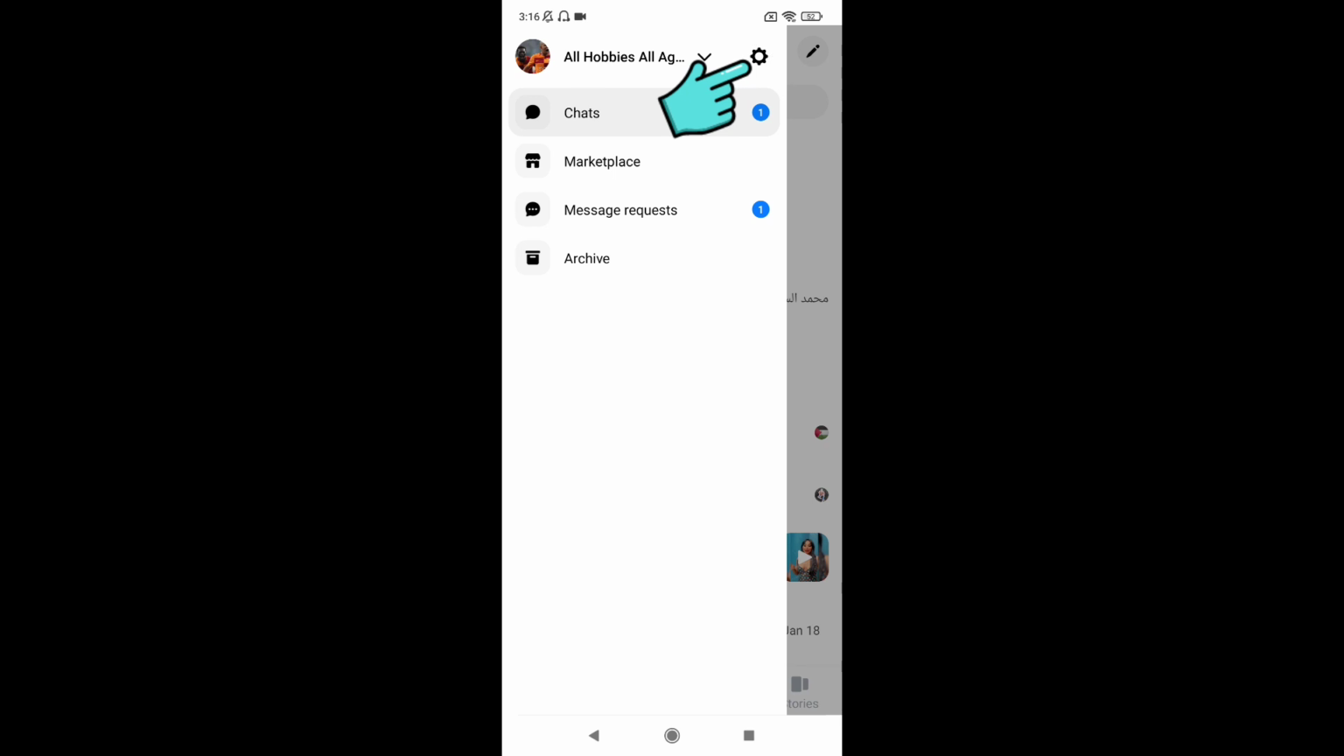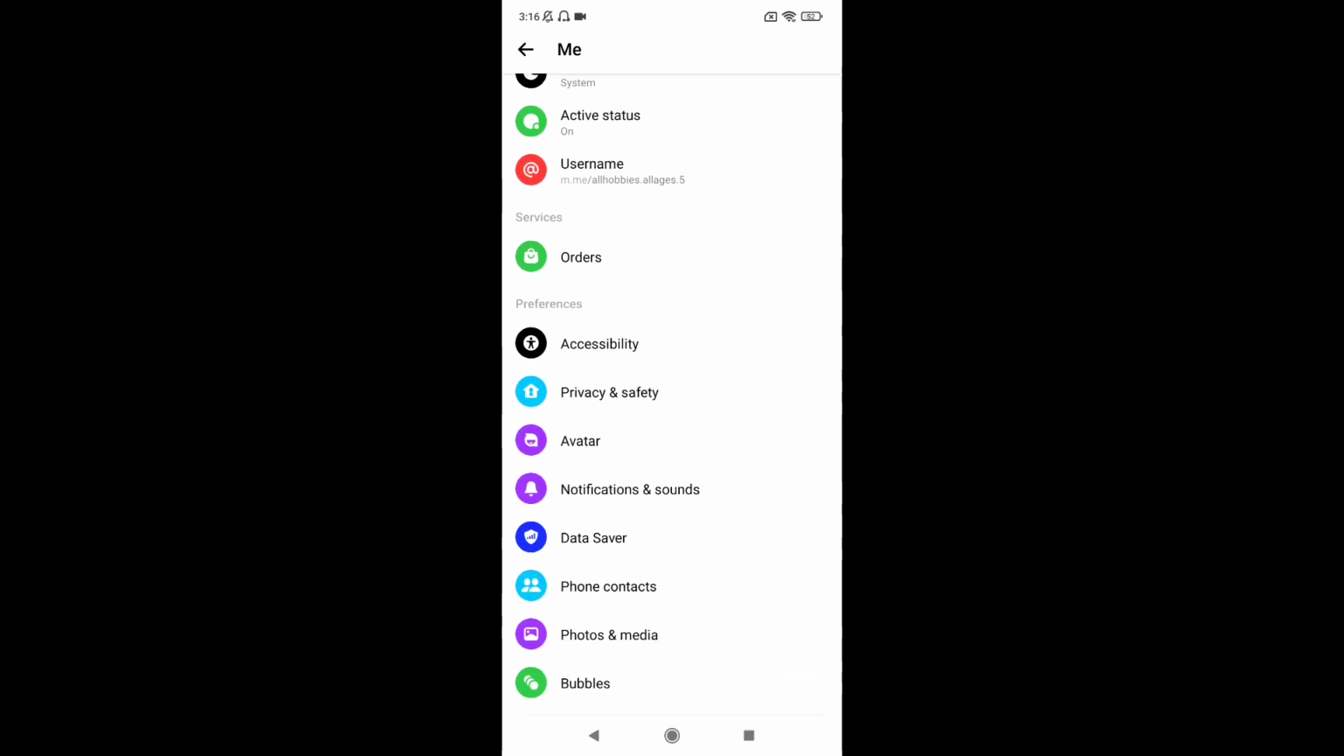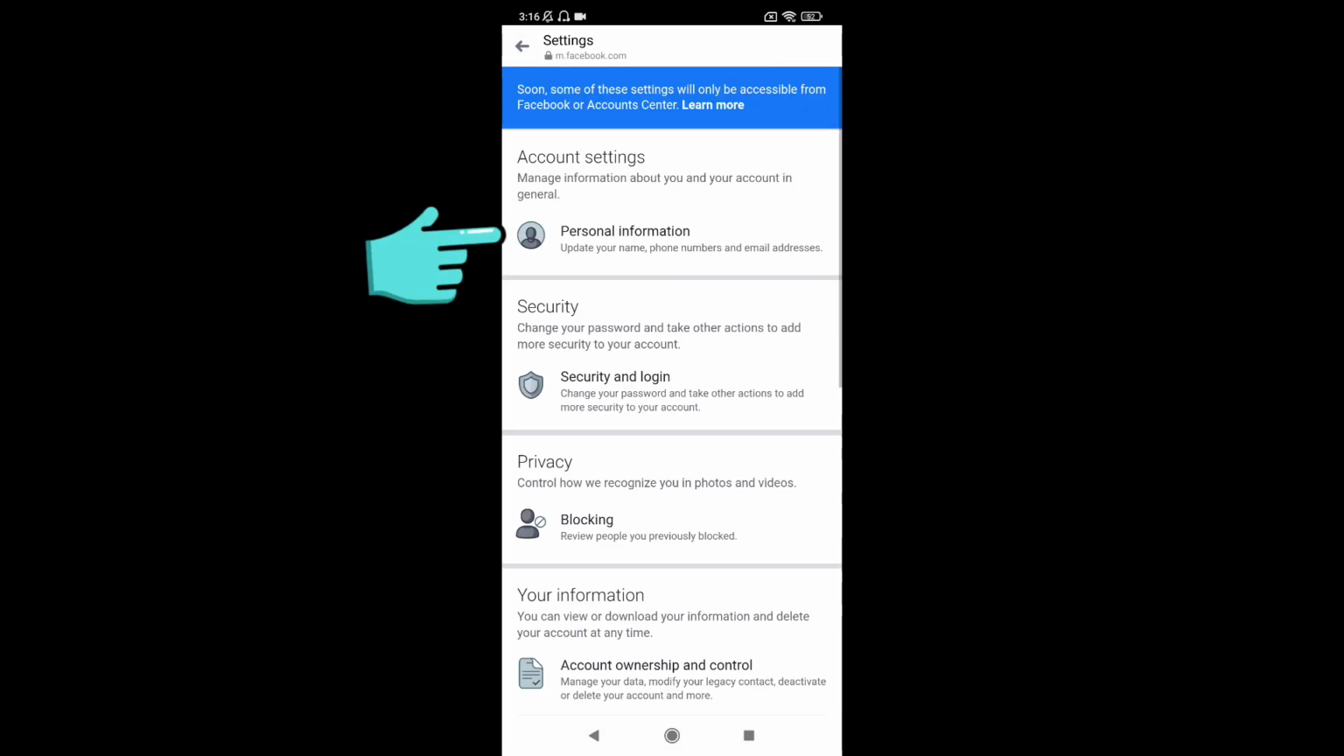over here I will simply open up my Messenger, and now from over here click on the top left on your profile picture, and then after that from over here just simply scroll down and look for the option called Account Settings, and after that simply click on Personal Information, then click